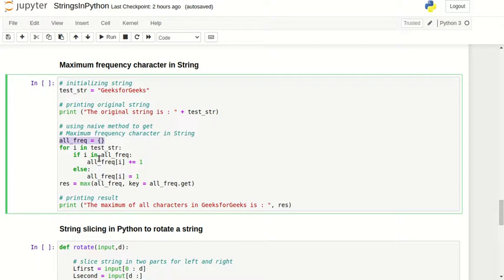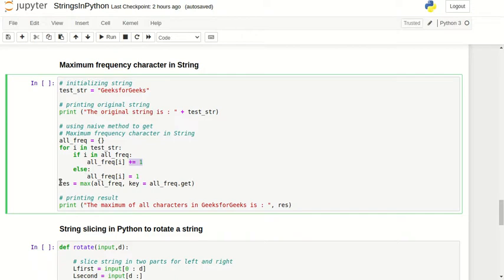If it is, then just add 1, or else just assign E or G as 1. So the next time it occurs, it will be checked in the frequency dictionary, and if it is there, it will be increased by 1.